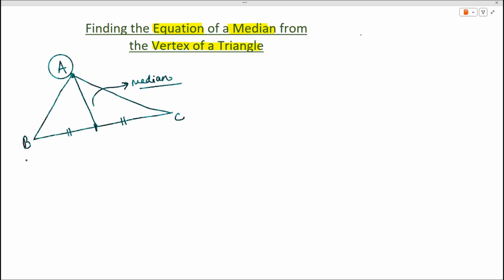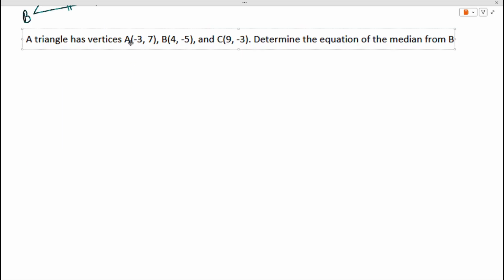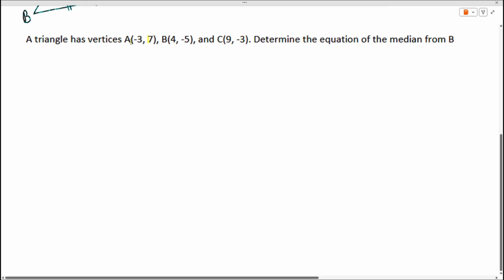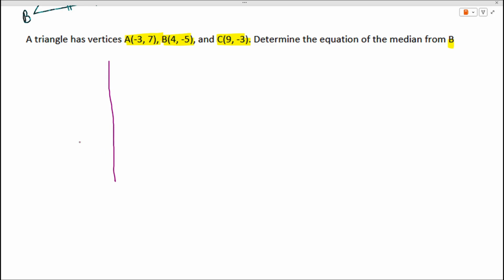Let us just try out a question now. In this question, the three vertices of the triangle are given to us: vertex A, vertex B, and vertex C. And now we have to find the median from the point B. First, we'll draw an approximate triangle. Drawing it is not necessary, but putting the points and having the triangle in front of us makes it easier